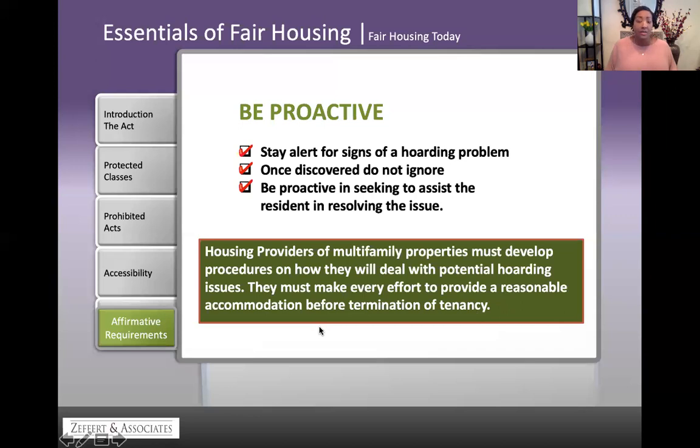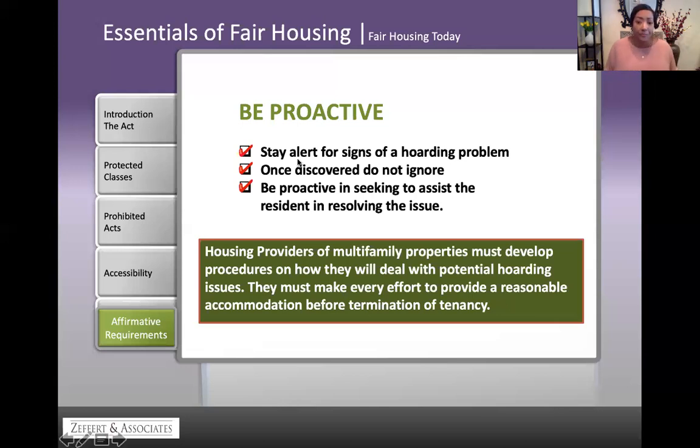Absolutely do not do that. You want to have a process. First of all, you want to retain these residents. We just need them to get the unit in order, because we are responsible for keeping the property decent, safe, and sanitary. So on one hand, you have an obligation to that decent, safe, and sanitary requirement for federally funded housing, as well as the LIHTC program. On the other hand, I am dealing with a person that has a mental disability, and I have to be very careful to abide by the fair housing law.